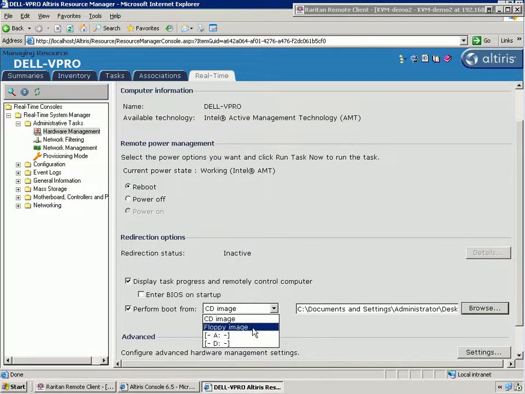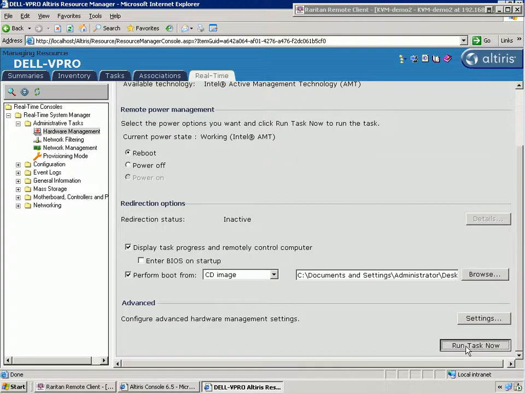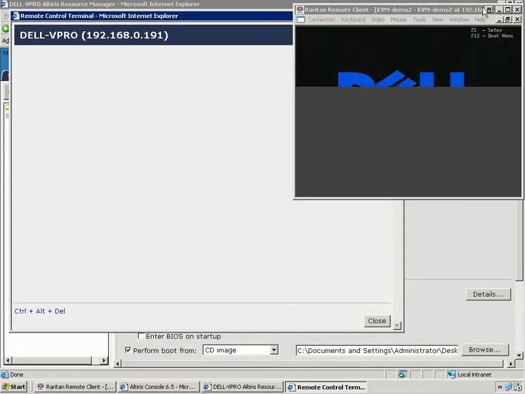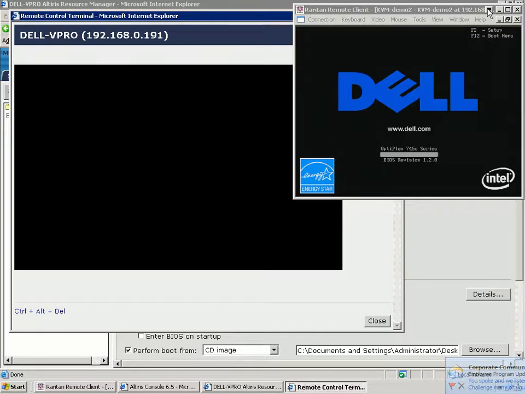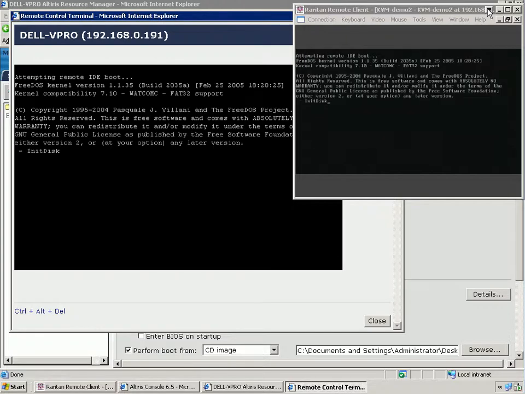Now if I had a CD, I could simply stick it into my drive, or floppy image. I could stick it into the drive of my management station, and that would be redirected to the client through the vPro technology as well. So by clicking Run Task now, that's going to open up a dialog so I can watch the boot progress. On the left there, I'll expand our target system on the right so we can see that these two both are matching up. So we didn't go into the BIOS, we actually are running our ISO as the IDE redirection is taking effect here. And this is loading a DOS utility, which will allow us to copy a healthy HAL.dll